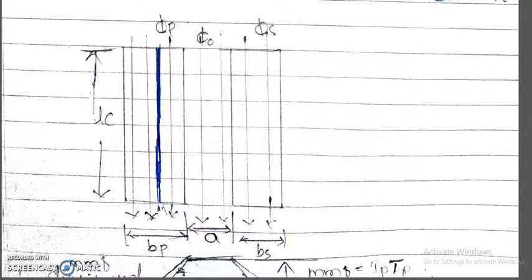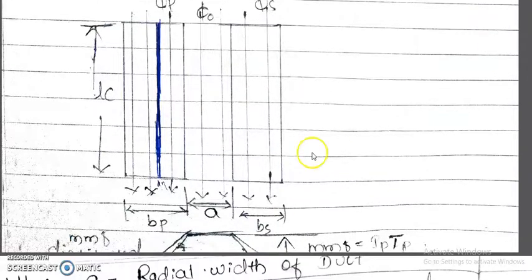And the distribution of MMF. Means what? It indicates the distribution of MMF. The MMF at the edges is low, and at the end of the windings we have the lower value of MMF distribution. In between we have the maximum MMF. Means what? In the duct we have the maximum MMF distribution.